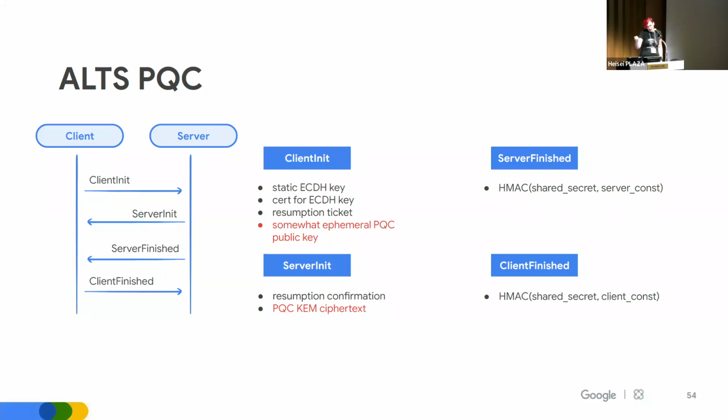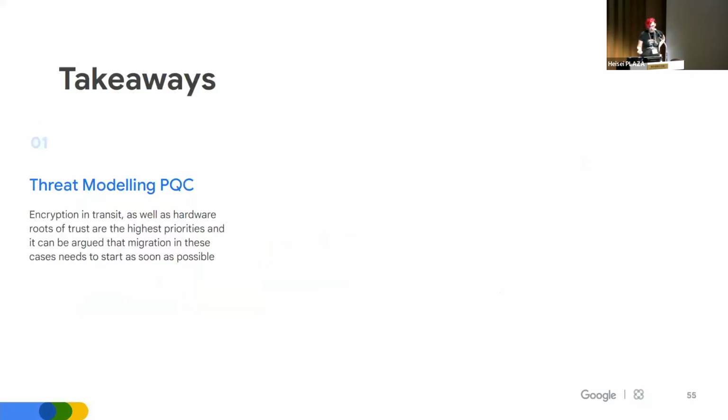You just don't do that in these cases, because the resumption secret is derived from a secret of an earlier key exchange. So presumably it's already quantum secure. So you don't have to do that as long as you don't care about forward secrecy, which in these cases we made the decision to not care about to begin with. So why would we do the ephemeral parts here in this resumption case? With that fix, we then actually were able to roll it out and not cause any further production problems.